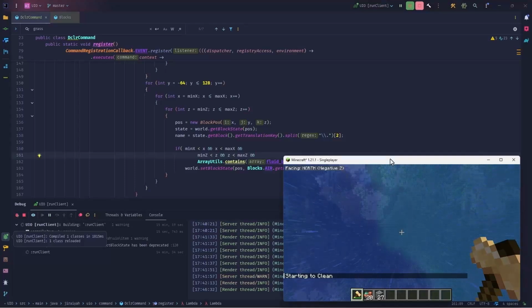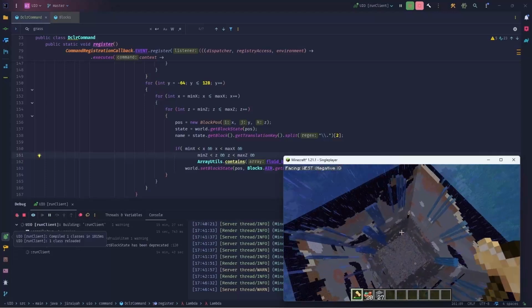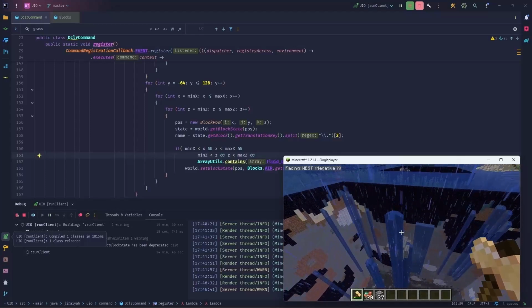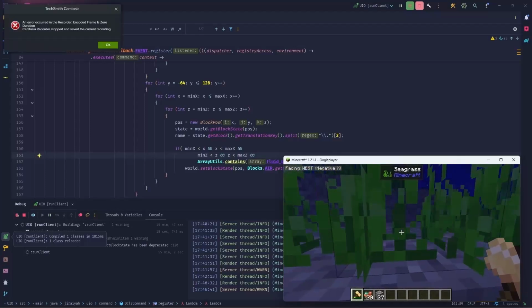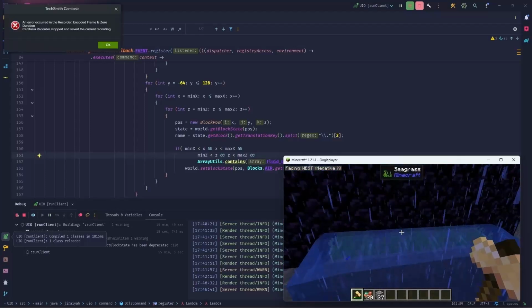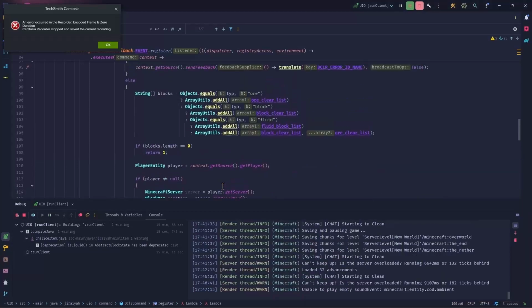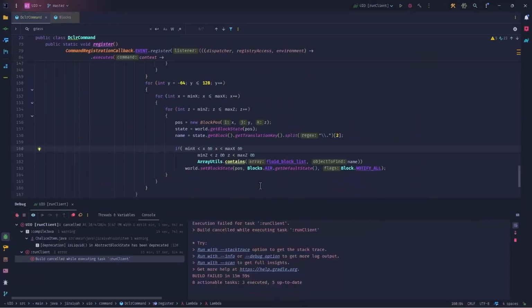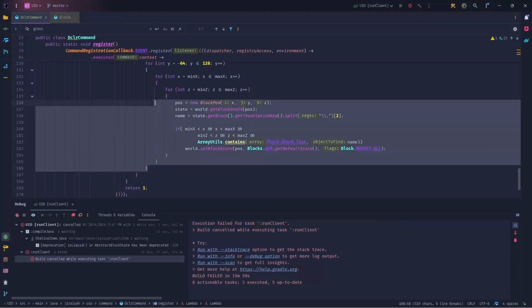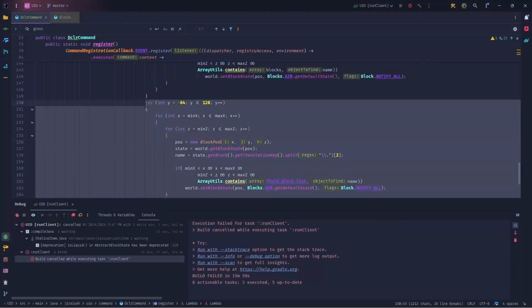So we give it a time. As you see, it gets the game in a frozen state. And as I said, it's not solving all the problems, as you see. Seagrass, I did tell to place this guy, didn't I? Maybe that's not working because of hot swap. Okay, well, as you saw, this second iteration of looping and removing the water didn't work as intended, and the